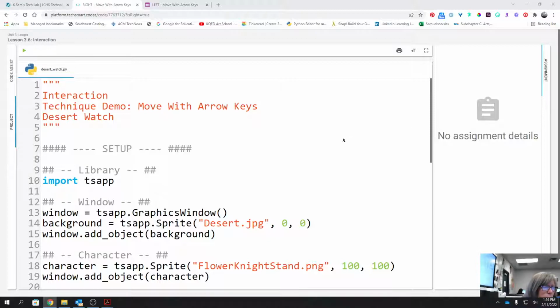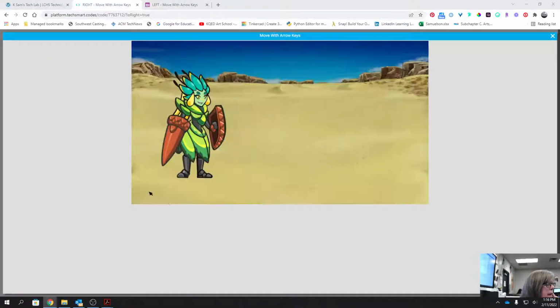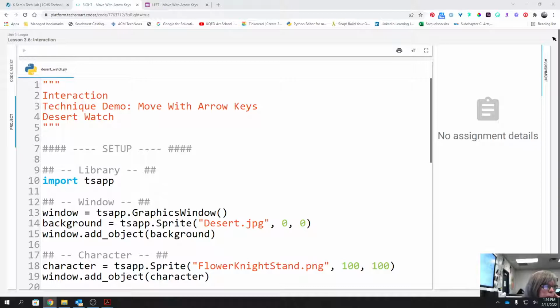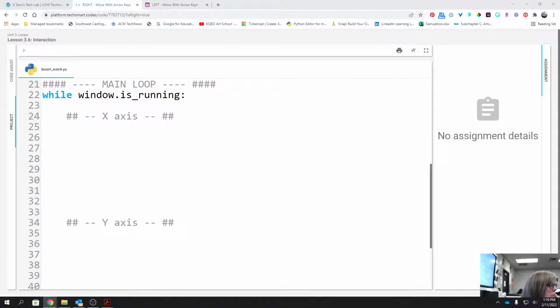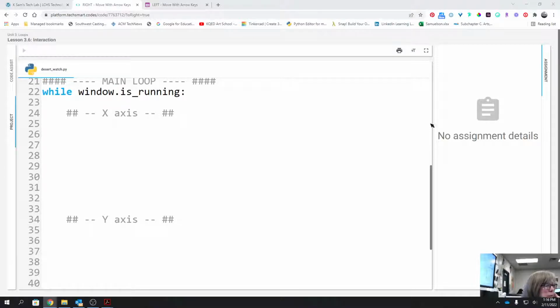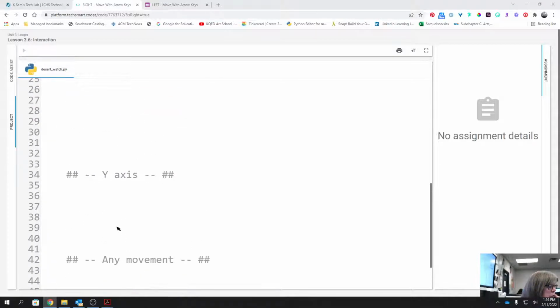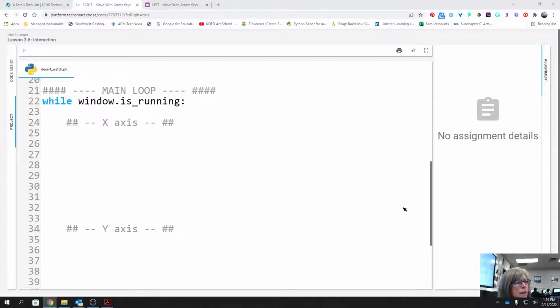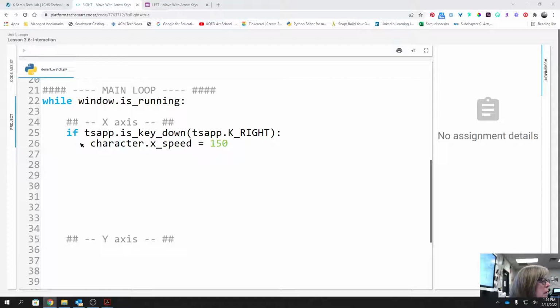And we are going to start with just the most basic arrow key movement. Right now, if we run it, we have this character, nothing happens, it's just standing there. However, if we scroll down, we have some space for x-axis, y-axis, and any movement. So we're going to start with the x. One of the first things that we should do is put in an if statement. If TSApp.is_key_down,